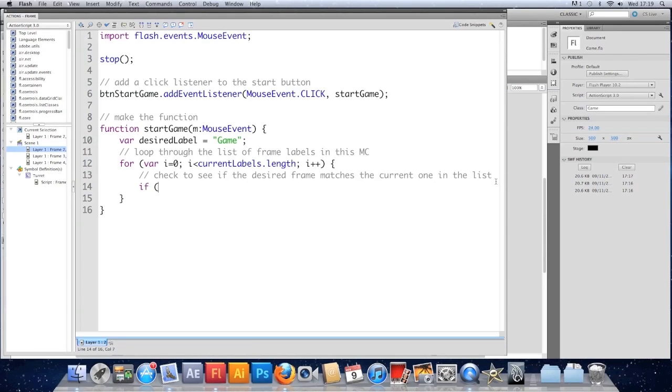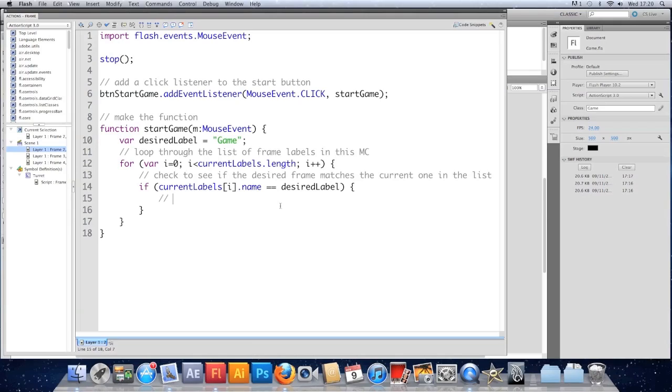So we'll say if currentLabels, open your square brackets, i, and we want the name of that frame label. Because this is an array of frame labels, it's not just an array of strings. A frame label is actually an object, it contains more information than just the string. So we're accessing the frame label object and asking specifically for its name. So if currentLabels[i].name equals desiredLabel,